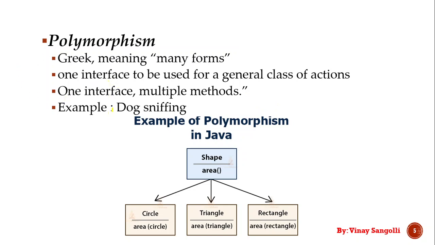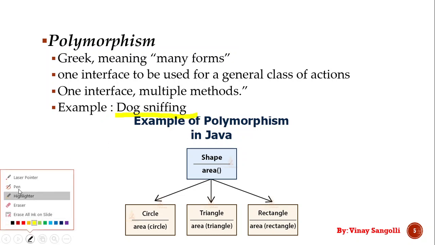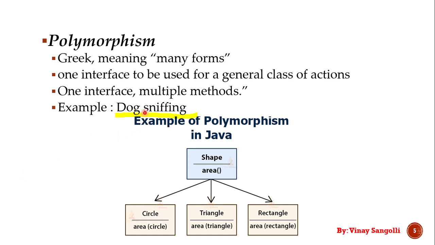The best example for this is your dog sniffing. What is dog sniffing? Dog sniffing is nothing but taking the smell, right? So how does the dog do sniffing, friends? Using the nose, right? The same nose is used to sniff the bone. The same nose is also used to sniff any thief. So the nose is acting like polymorphism. It is performing the work of detecting food, and it is also performing the work of detecting a thief.